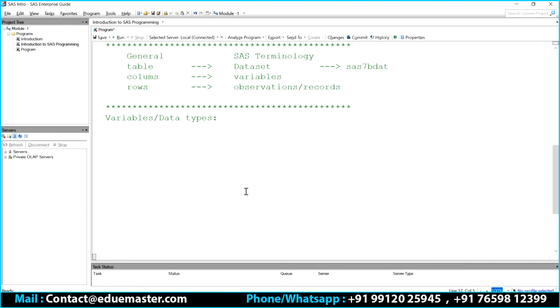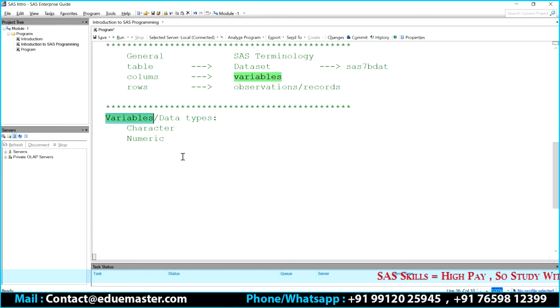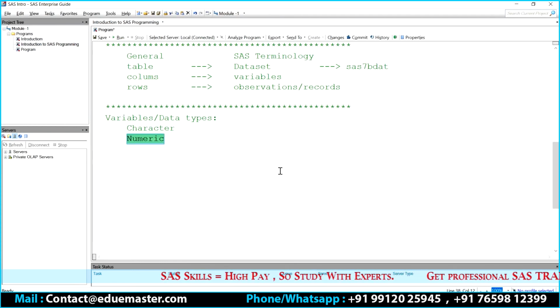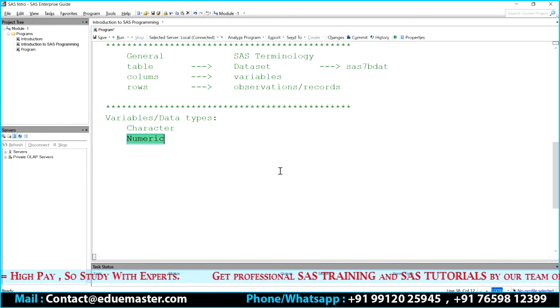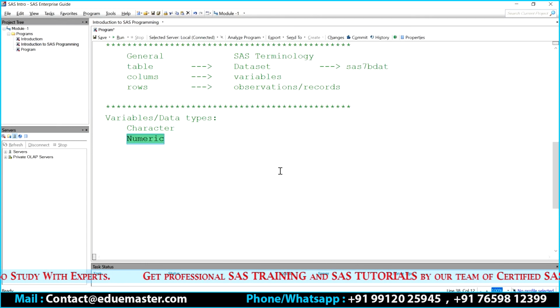I have only two types of variables. It can be a character variable or it can be a numeric variable, or the variable data type is either a character or a numeric. Is that clear? Only two data types. I don't need to worry about floats, int32, int64, or varchar2.